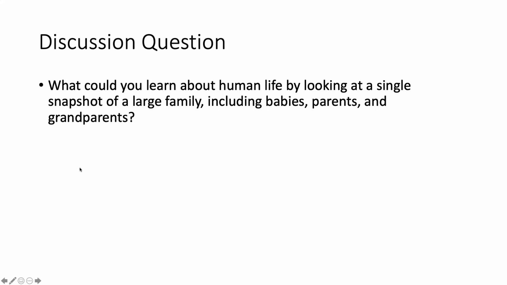But maybe we get an idea about the life cycle. All right, maybe you can learn a little bit about genetics. You might be able to identify certain traits that are hereditary and ones that are not. So you could learn about your history and existence. You could use the past to reflect on things that will impact you in the future as well. That seems like a lot to be able to get from a single snapshot. To be able to learn about your history, that's like saying the snapshot is the equivalent of an encyclopedia or something of the like.